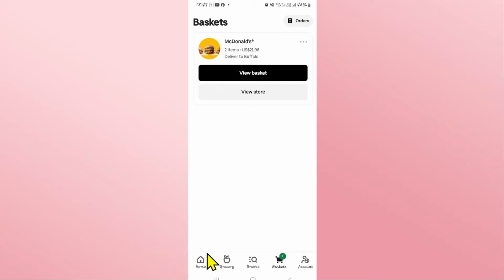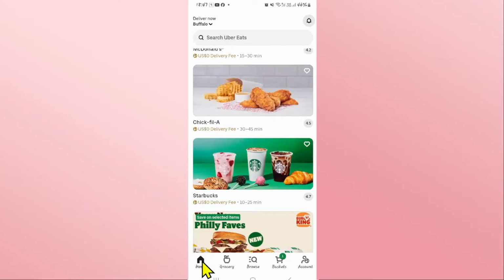First of all, open up the Uber Eats application on your device, and if you haven't logged into your account already, go ahead and use your email address and password or your other credentials to log in. Once you have been logged in, you will be taken into your homepage from which you can directly start placing